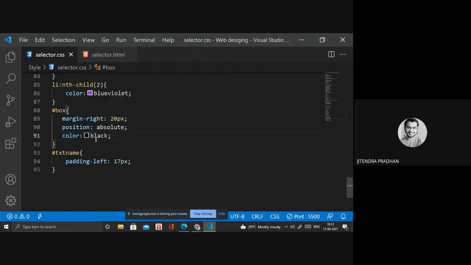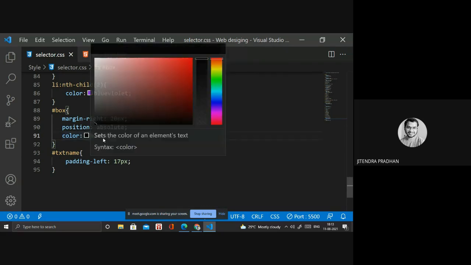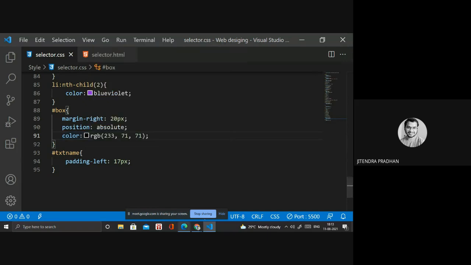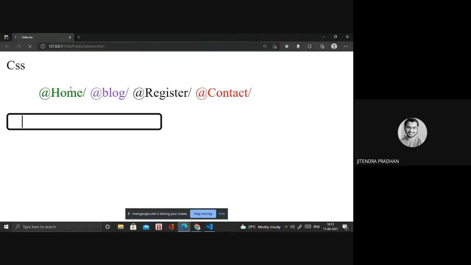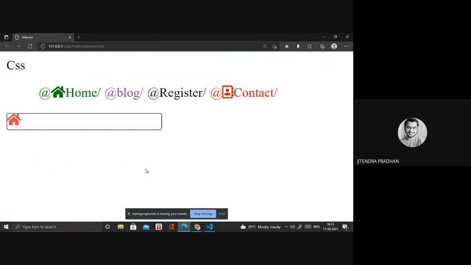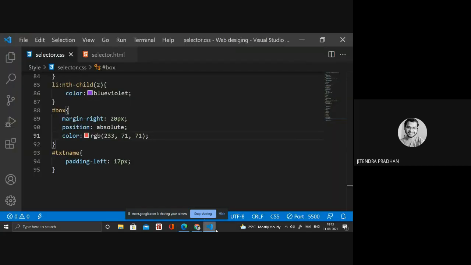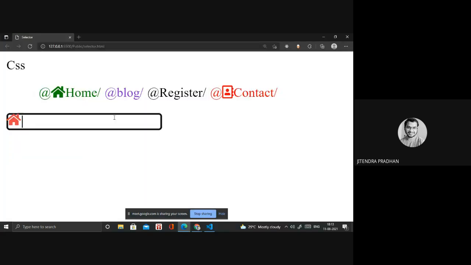And whatever color you want, you have to apply according to your requirement. The cursor color also you can change by using the attribute type text. In that you can give background color, text color, whatever you want you have to write inside that. Okay, I hope you understand how we are doing that.